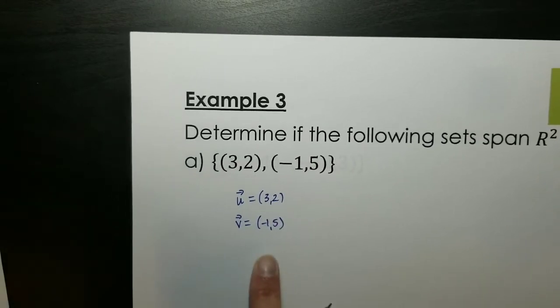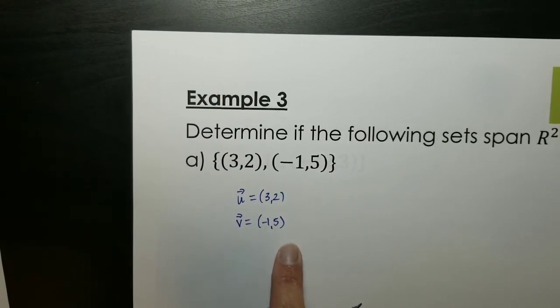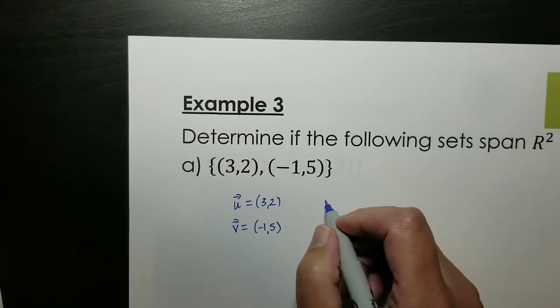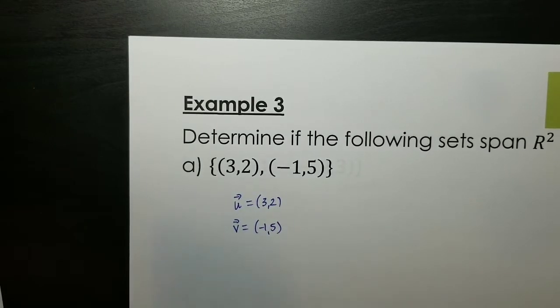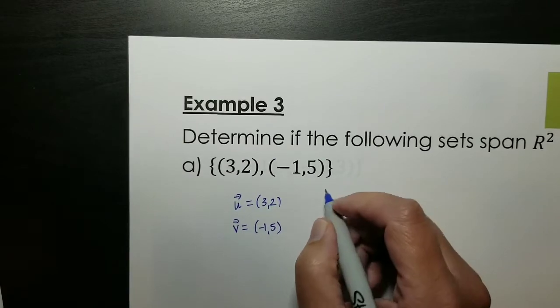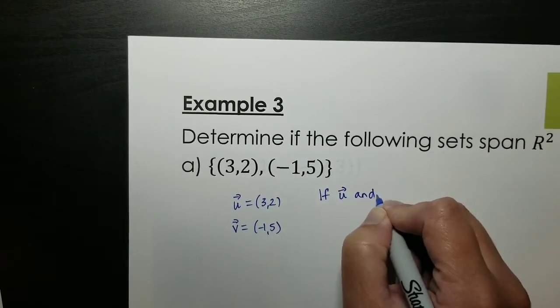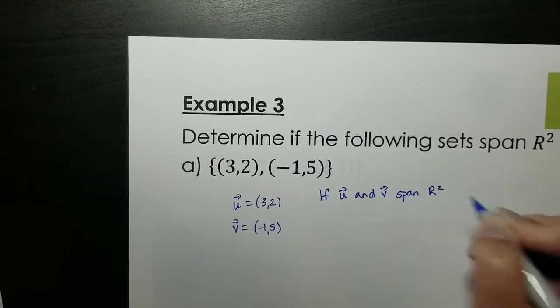-1, 5. If these two vectors span R2, then we should be able to find some multiple of u plus some multiple of v that can be any vector in R2. We can get to any point in R2 using multiples of these vectors. So if u and v span R2,